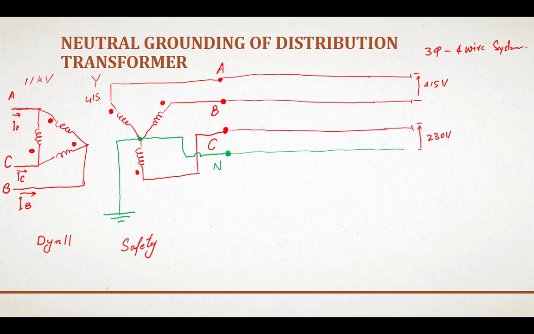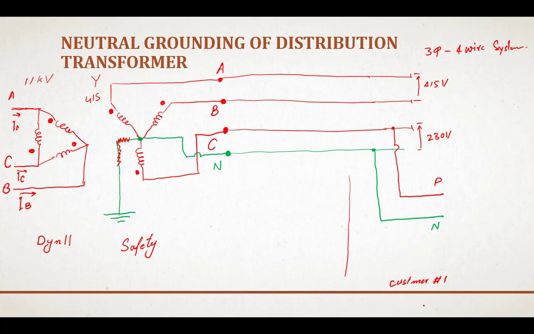In order to understand, let's for the time being assume there is no neutral connection. So let's say this connection does not exist. Now let's say consumer 1 is being supplied through phase C and neutral, so one wire will be the phase and the other will be the neutral. Here let's mark it neutral, and here this will be the phase. Let's call this customer 1, or consumer number 1.